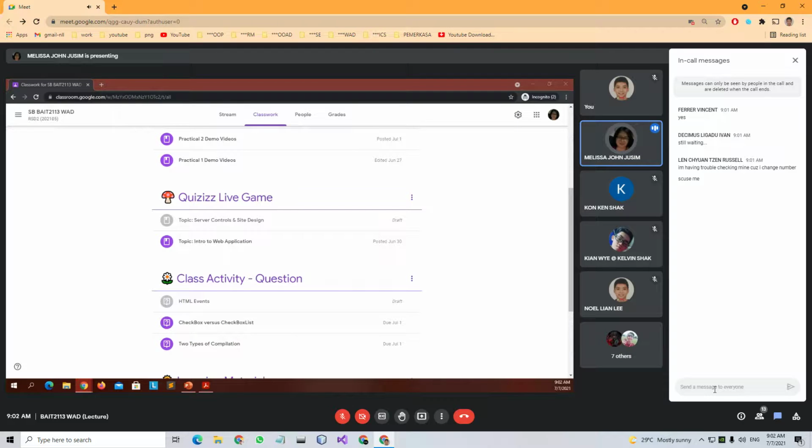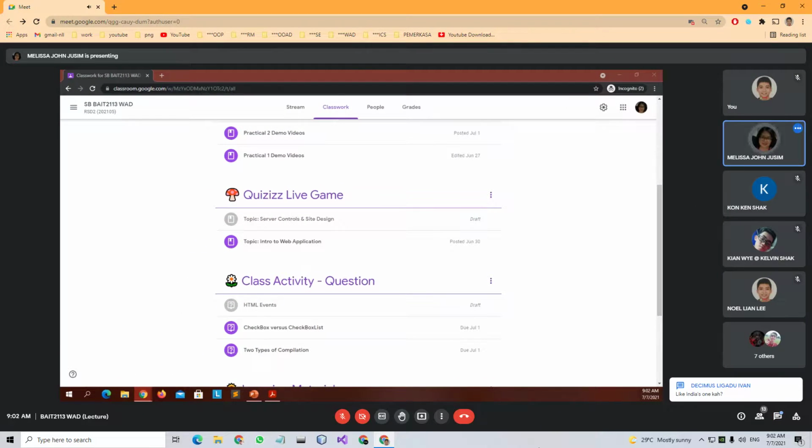Now I wear my mask even if I go out to throw my rubbish. Like India, the Delta variant. I lose track already how many variants there are. Alpha, beta, is there a beta? But then I heard of alpha. Then there's a Delta variant.